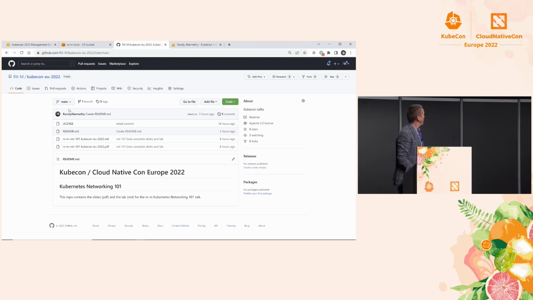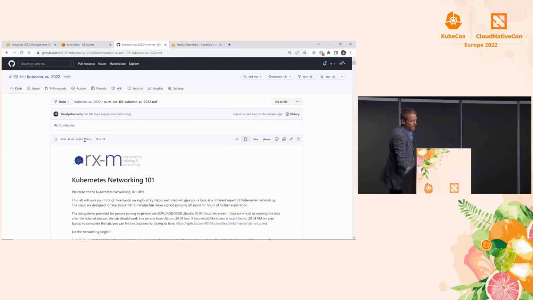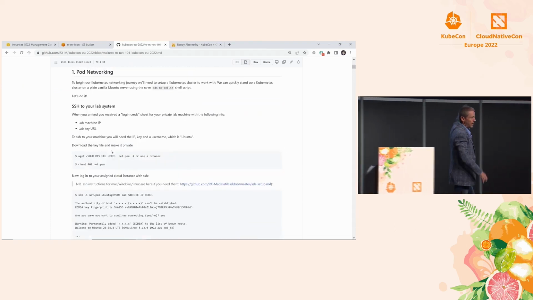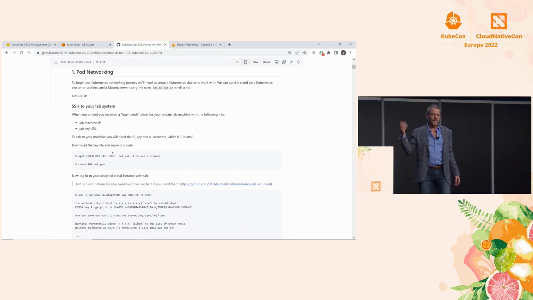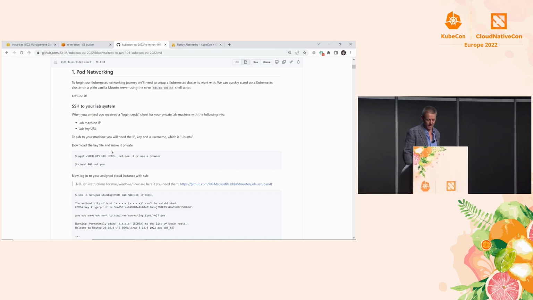It looks like this. The link takes you to KubeCon EU 2022. So the full URL is github.com/rx-m/KubeCon-EU-2022/tree/main, obviously. And then if you click on the Markdown, it's just going to open right up. That's the lab, right? And you'll notice that it's broken up into steps. So step 1, our first lab session, is going to be pod networking. And that doc's not going anywhere. That'll be there forever. So you can look at that in 3 years if you want to. Nothing will work, I'm sure, but you could try it.